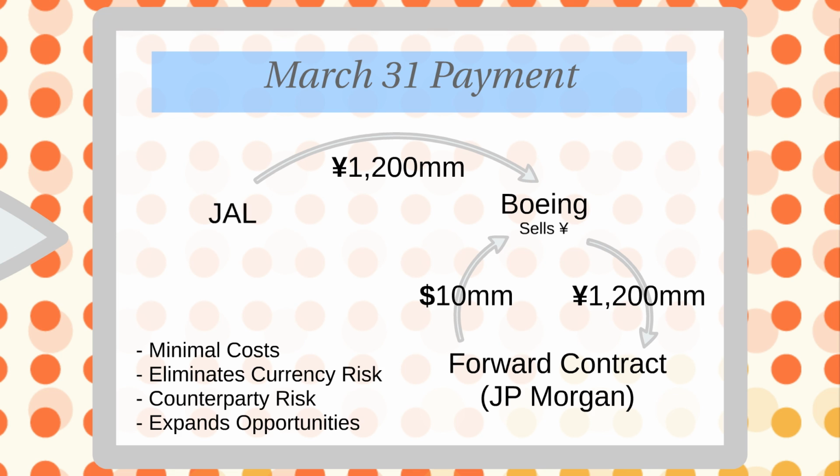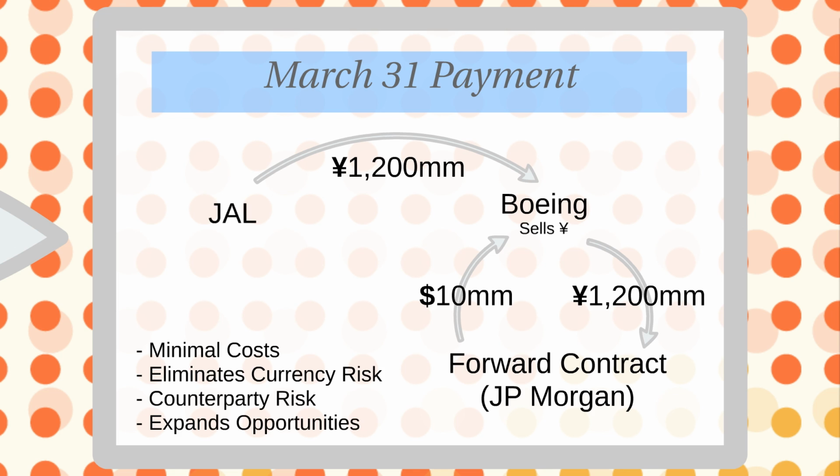A more visual approach is as follows. On March 31st, the delivery occurs of 1.2 billion yen to Boeing, who sells those yen immediately per the terms of the forward contract that they entered into on January 1st. The other side of that contract is a large bank that's in the business of managing those types of market risks for their clients. And they're the ones who send the $10 million to Boeing. This provides Boeing a service at a minimal cost,